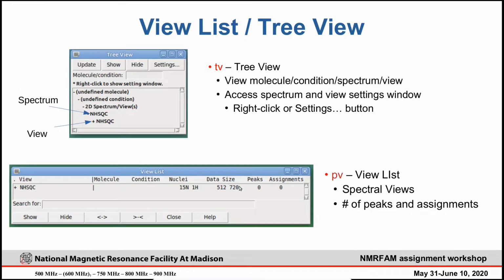And I just showed that tree view and view list briefly. So we use tree view to show and hide the view. So if you open the tree view, TV is the two-letter code. When you type it, you will see this window. This is new feature recently developed, and it will show you the molecule and condition types of the experiment that you have, and then it will show you 2D, 3D, 4D experiment, and it will nest the experiment with the spectrum